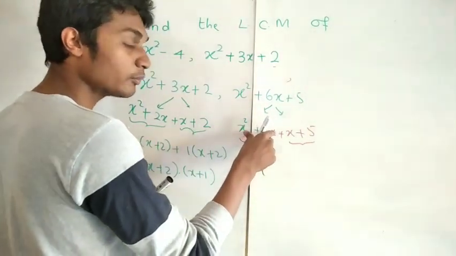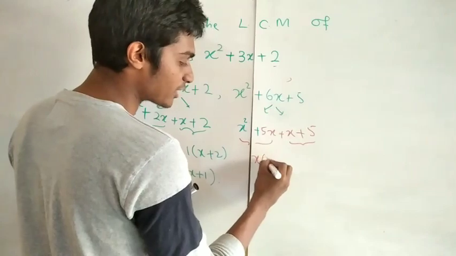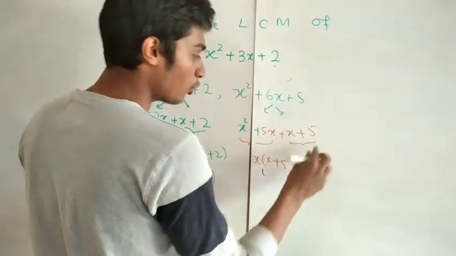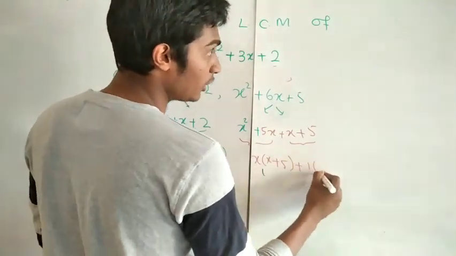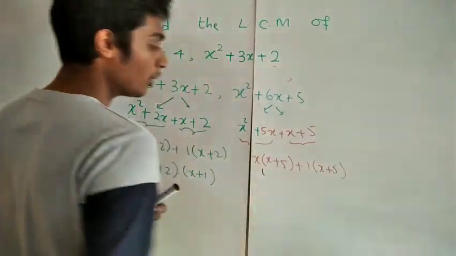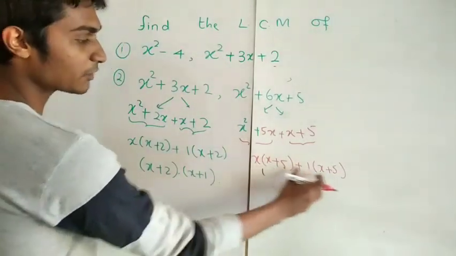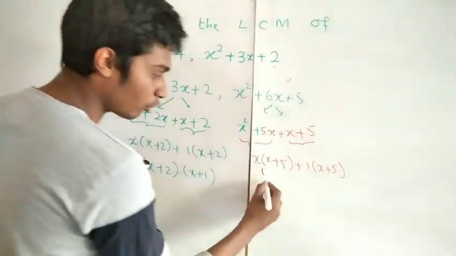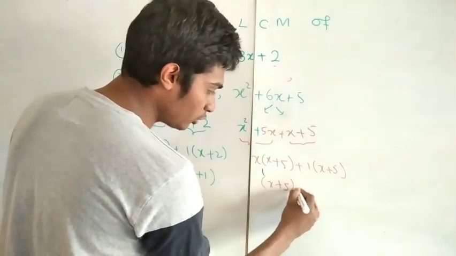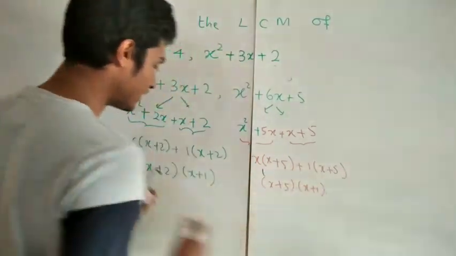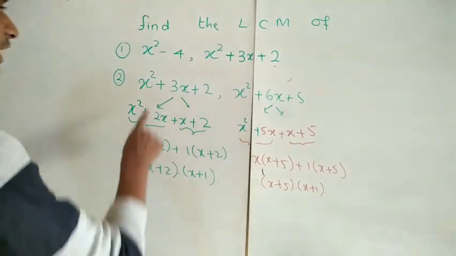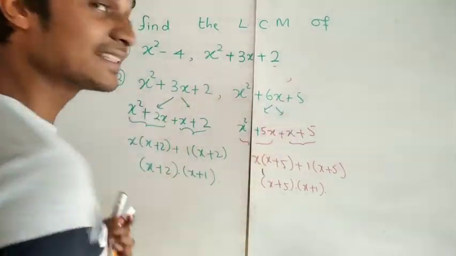A common term for both of them is x, so x into x plus 5 plus 1 is common. Take 1 out of the bracket, so 1 into x plus 5, right? So here x plus 5 and x plus 5 are common. Take x plus 5 out of the bracket, so you have x plus 5 into x plus 1. So this is the complete factorization of x squared plus 3x plus 2 and x squared plus 6x plus 5,